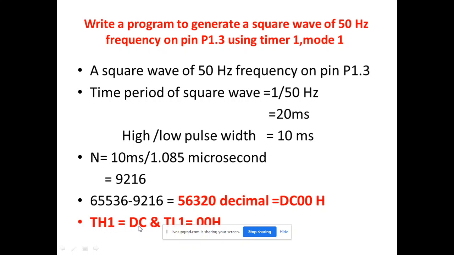But the DC value we can't directly place, because it starts with a D. This is not a numerical value, it is an alphabet, and that's why you put #0DC. So we write MOV TH1, #0DCH. All of you agree? And what about TL1? MOV TL1, #00H, because 0 is a numerical, there is no problem, directly you can place 00 here.